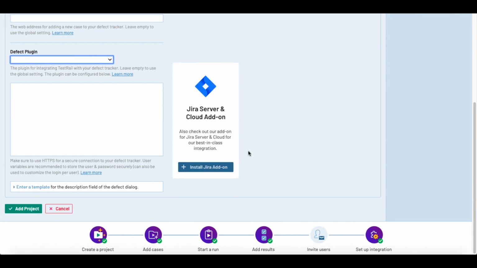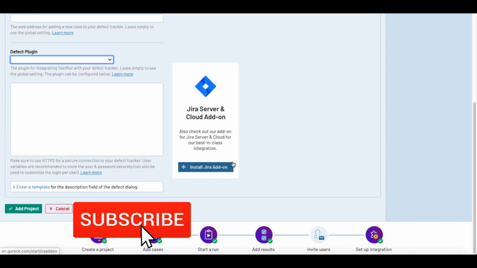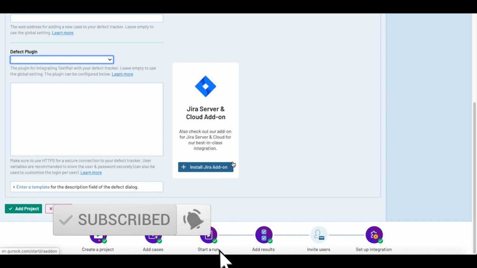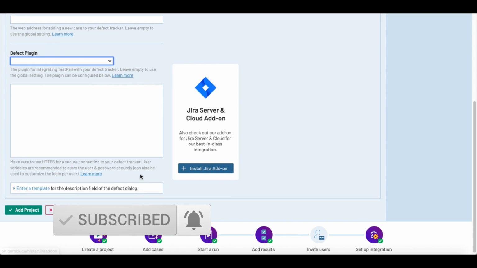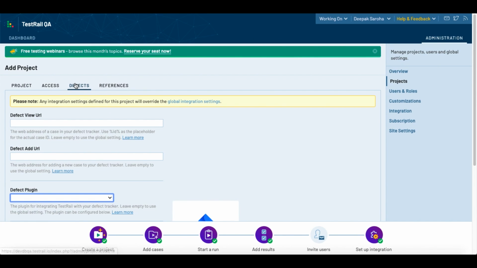There is also the option to install the Jira add-on in the TestRail software. We will look into this in further videos. In this video I will tell you only how we have to set up the project. So that's all for this defect tab.